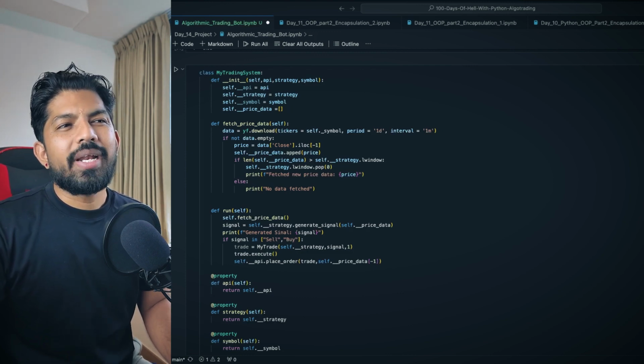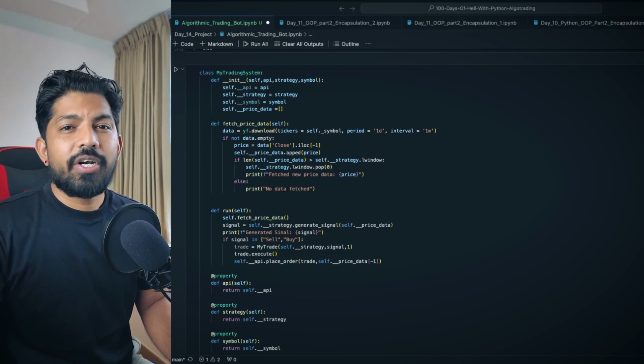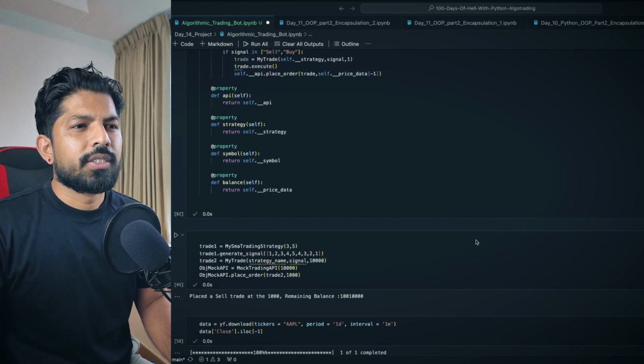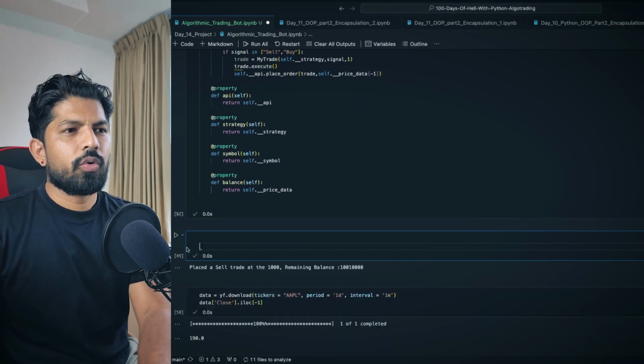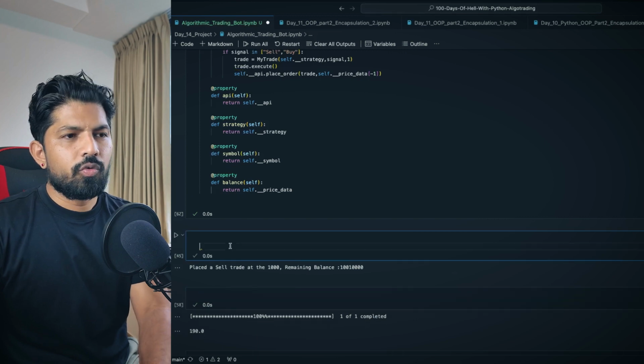Then we have to create the objects of these classes, the mock trading API class, then the strategy class, and then the trading system class, right? So let's go to another cell and do that. I'll just remove all these things for now because they are not required. So everything will be removed.